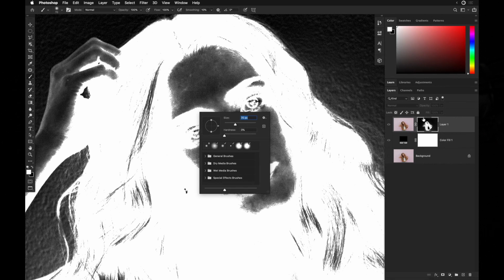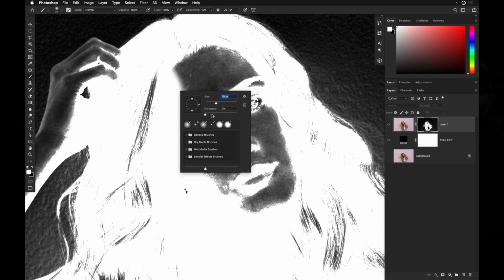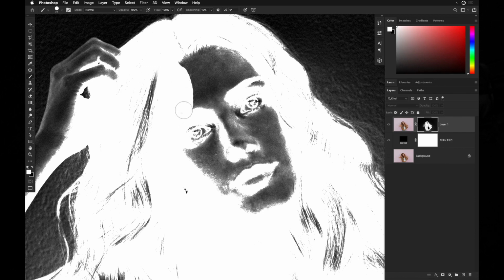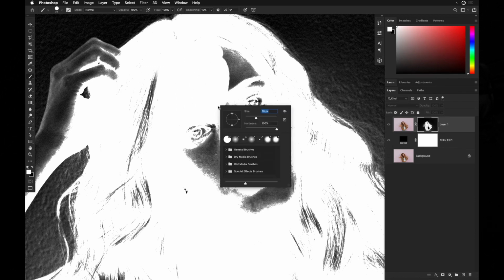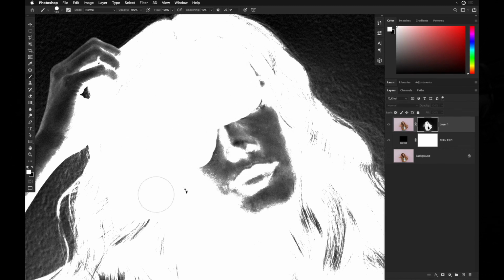I'm drawing, it's important to note, I'm drawing on this mask. So I'm drawing white on this mask. See how feathery that edge is? Because the hardness is set to 0. If I went up to 100, watch, the same brush is making this hard edge. So that's fine when you're dealing with all this internal stuff. What we're doing is, the white is gonna show everything